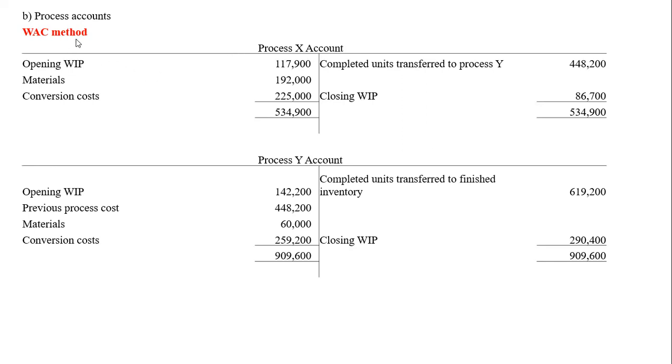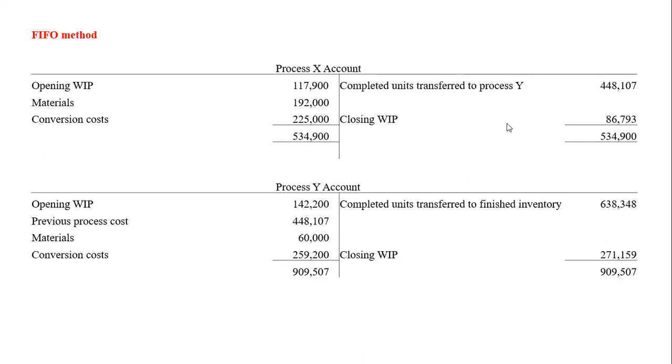Under the weighted average method, this is how the process account looks, so the numbers and values are shown in the process account. And please note the value of closing work in progress. This closing work in progress goes here, and this closing work in progress goes here. So that is 86,000, this is 209,000. These two values are, of course, different